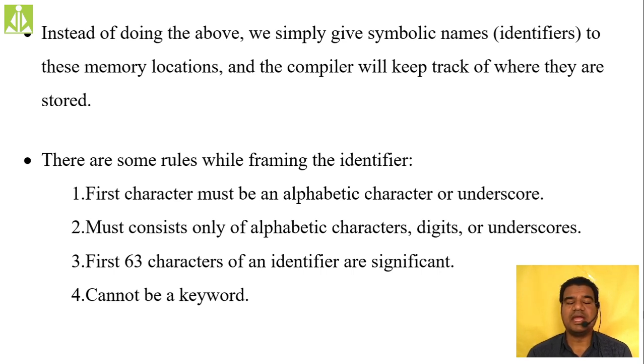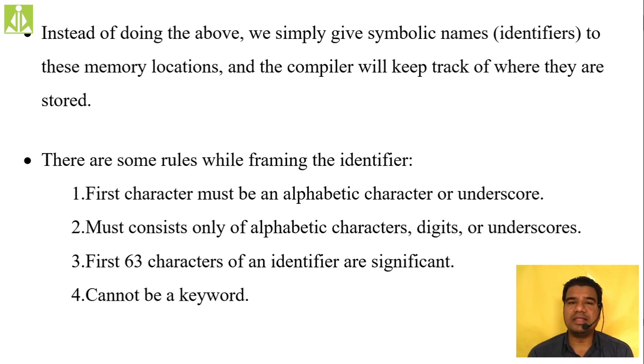And the second thing, it must contain only, we are in the second statement, we are not talking about the first character but all the characters in your identifier. So it must consist of only alphabets, numericals and underscore. No other special character is allowed. So the first character must be an alphabet or an underscore. And the second rule, all characters in your identifier must be either alphabets or numericals or underscore symbol. No other character is allowed.